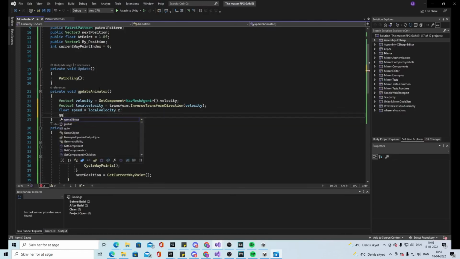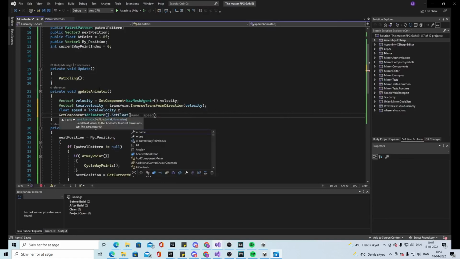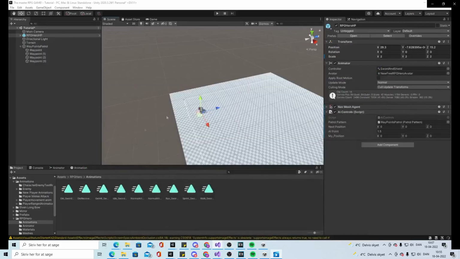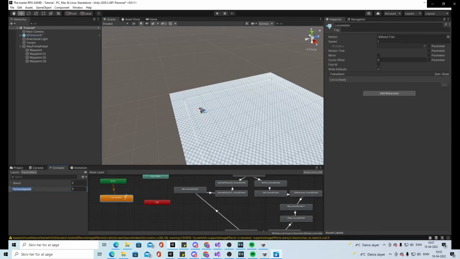And then we're gonna take the animator and say, okay, GetComponent Animator, and then we're gonna SetFloat. So the float we created before, the forward speed, we're gonna type in here, and then we're gonna make a comma, speed. And just to be sure, I'm gonna copy paste this forward speed because it needs to be spelled one-to-one. So I go into the forward speed and paste it in, and now these